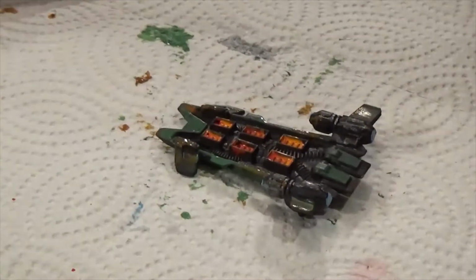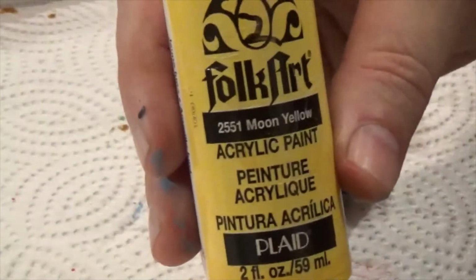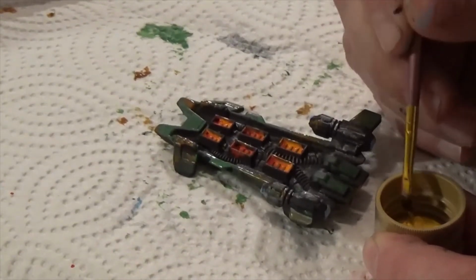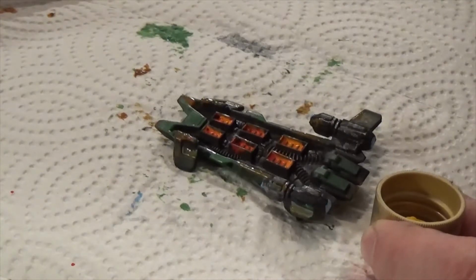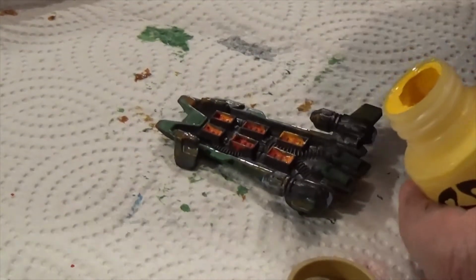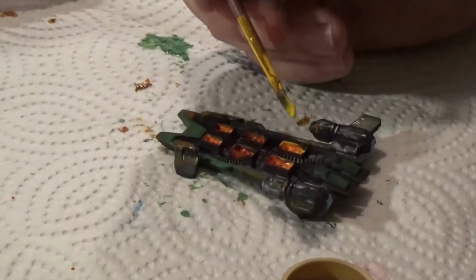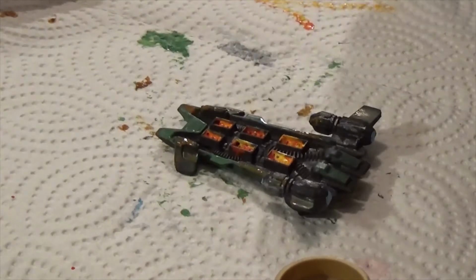Okay, I think I want to put a little bit more silver on there, but before I do that, I'm gonna put in the final stage of my flame effect with some, what do we got here? Oh, this is moon yellow. I thought it was sun yellow, but it's moon yellow. I'm just gonna get a little bit out of the top here and go right over the top. Actually, I want a pretty good thick glob. Let me see if I can do this without messing this up. Just like that. Uh-oh, getting some red in there. It's still wet, so...